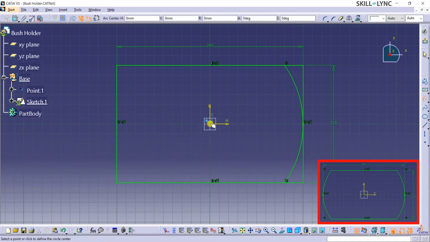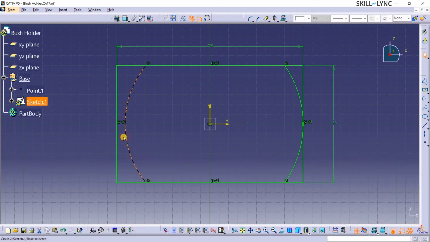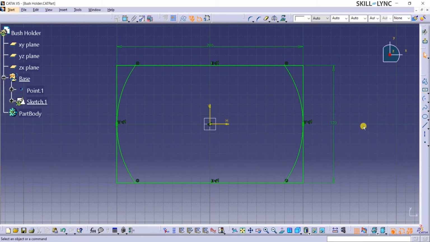If the constraints did not form automatically, you may activate the Geometrical Constraints option from the Sketch Tools toolbar. Or you can apply constraints using the Constraints Defined in Dialog Box command from the Constraints toolbar. Next, we shall use the Trim command from the Operation toolbar to remove the unwanted edges. I'm selecting the edges I want to keep, and the connecting line gets trimmed off. Let's do the same on the other side of the rectangle as well. I can double-click on the trim command to keep it active until I finish all the trim operations.